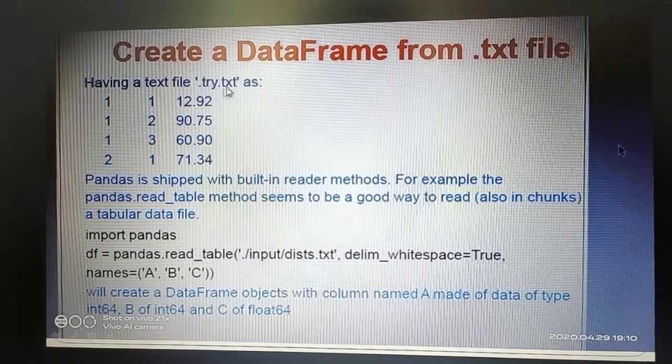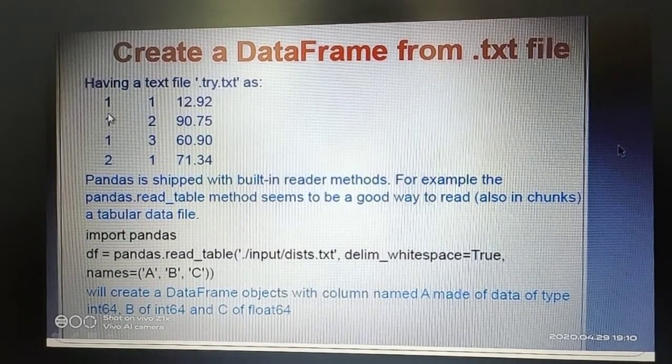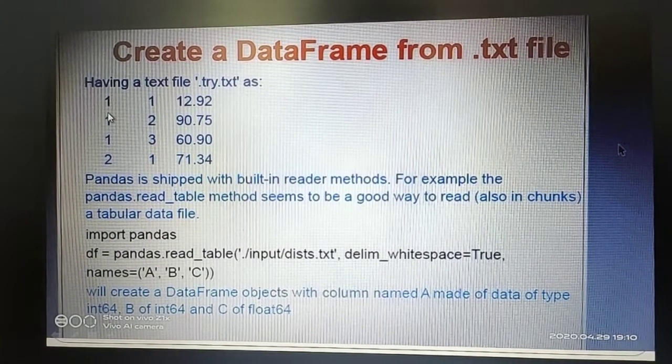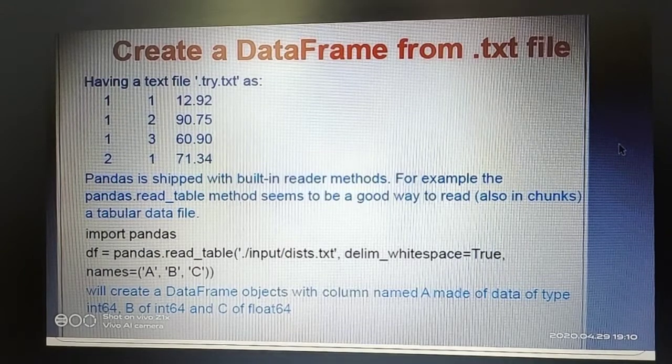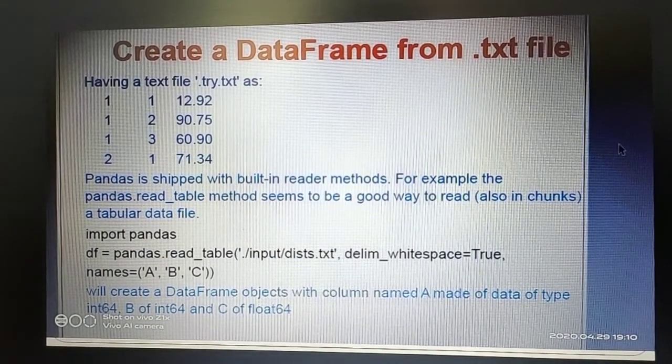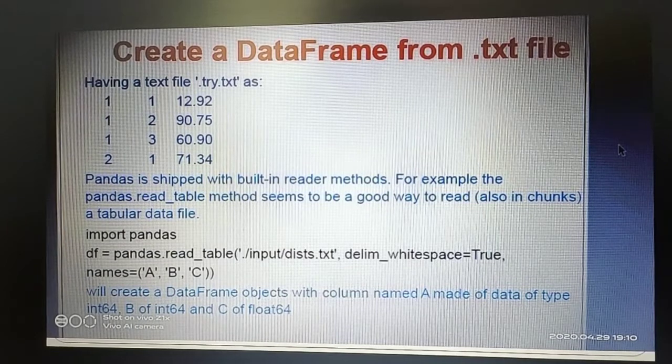This is the file try.txt. This file can be stored easily, and you can also convert this file into CSV format. So these are the different ways we can handle Pandas data, and it can be converted easily into different formats.